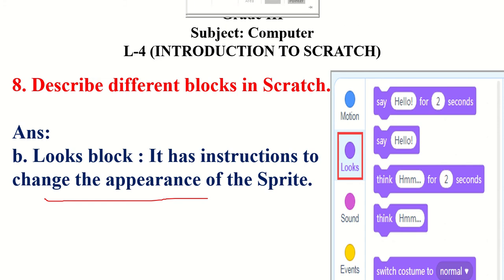So if you want to change the appearance, if you want that after running, a walking cat should come, then in that case you have to select the instruction from the looks block, and for this we can choose instructions like switch costume or next costume. So with the help of these two costume instructions, we can change the costume of a sprite.